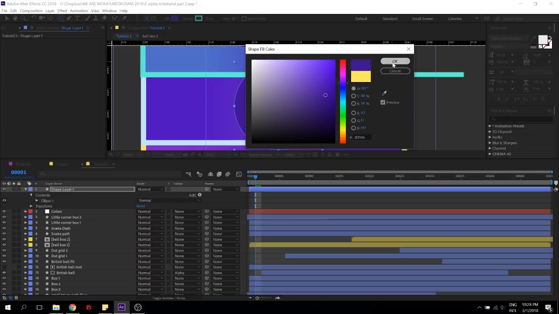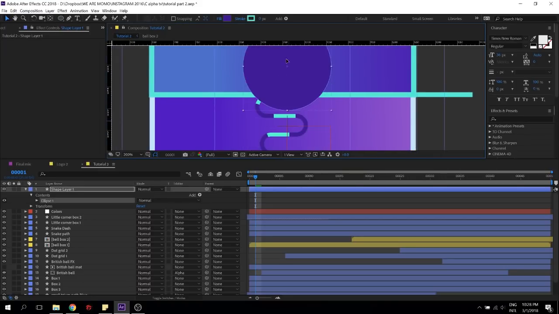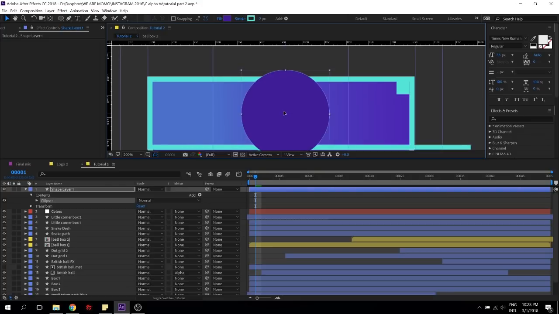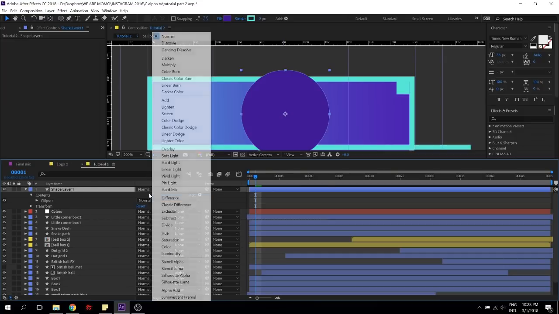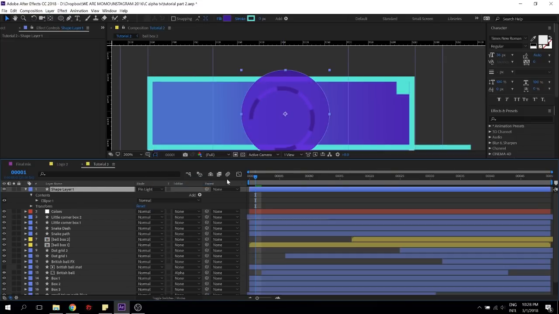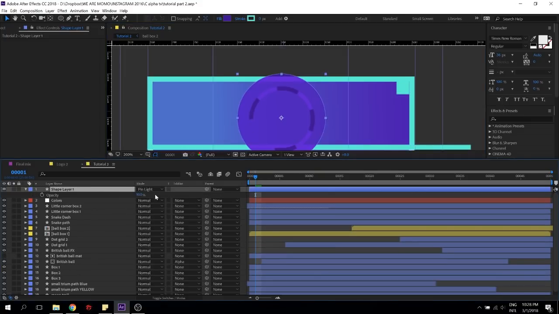I'm gonna make sure it's like that, and I'm just gonna bring this guy up a bit, somewhere around that. Gonna get my transform, make sure that the anchor point is right in the center. I'm gonna change this to a pin light, maybe somewhere around that, and change the opacity to 90. No, 80.